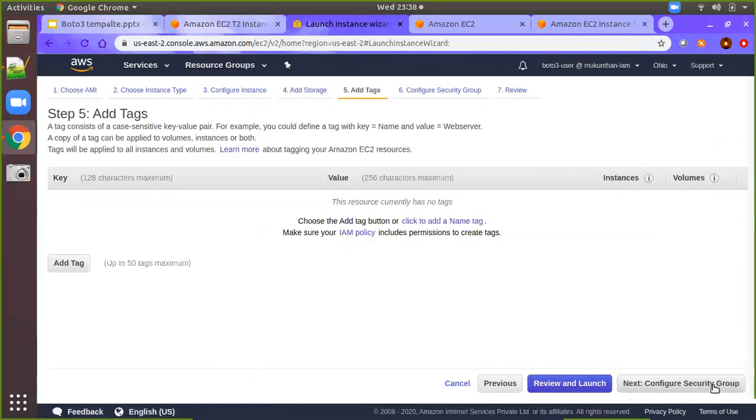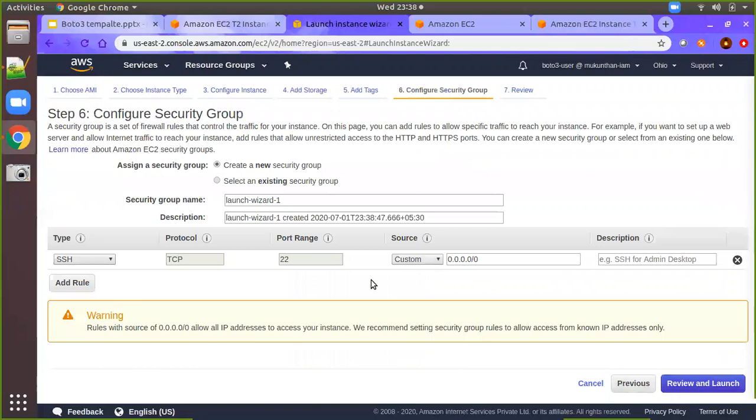We can go to the next step, Add Tags. It is just like adding tags in case you have multiple resources; you can use these tags to differentiate the different groups of items. Now we don't have anything, so we'll go to the next step, Configure Security Group. Here we are going to add a security group, in the sense of who is eligible, or which source IP addresses are allowed to interact with your EC2 instance. You can add the rule here.